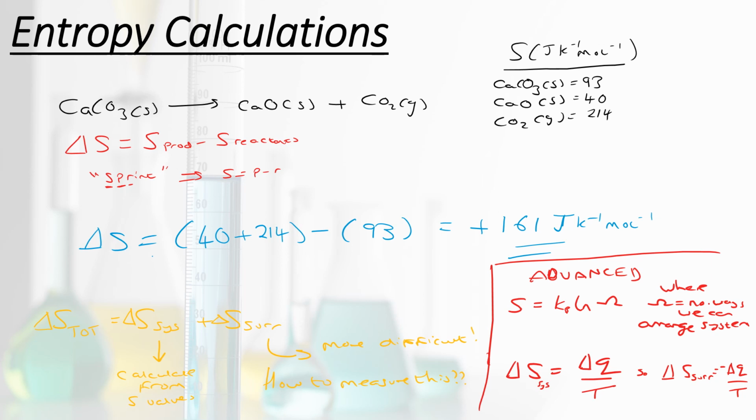If we go back to our enthalpy, think of an exothermic reaction. Heat energy is lost from the system, but that heat energy goes into the surroundings. And so that's why, for an exothermic reaction, we feel things warm up, because the surroundings have got hotter, but the actual system must have got colder because it's lost heat. And so our entropy change is the combination of the two.